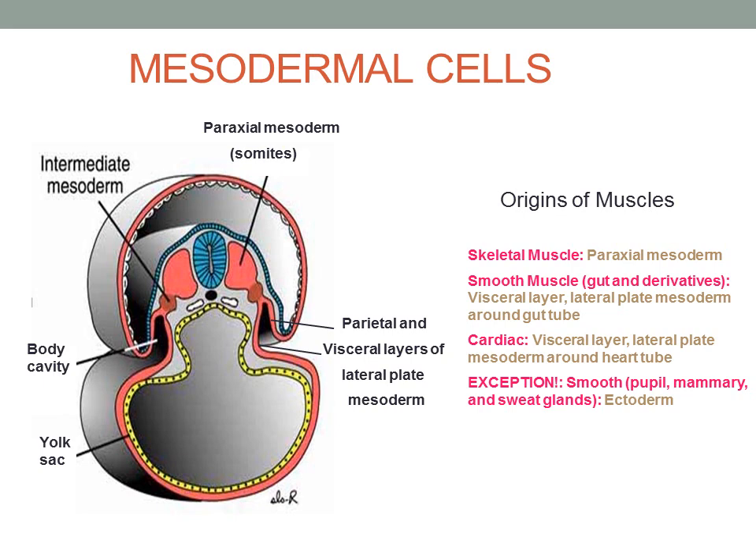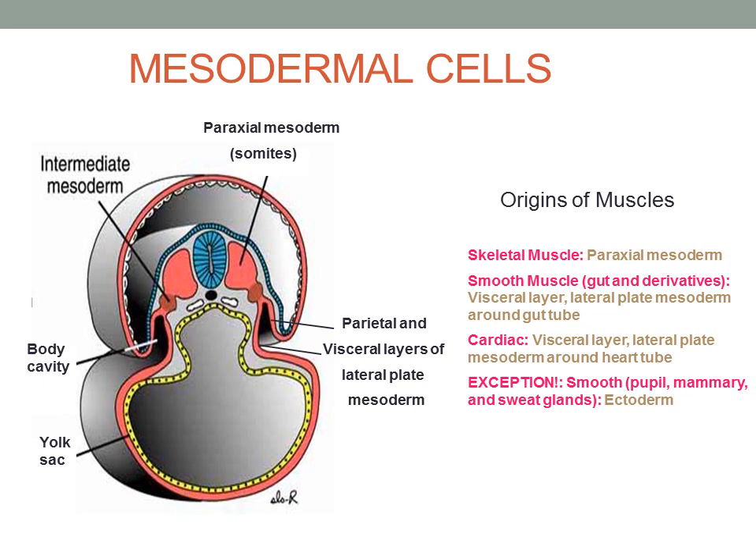are derived from the visceral layer of the lateral plate mesoderm that surrounds the gut tube, and cardiac muscle also develops from the visceral layer of the lateral plate mesoderm, but this is the mesoderm that surrounds the heart tube. Those are structures that we haven't talked about. I simply mention it here to let you know that all muscles of the body develop from the mesodermal cells. The only exception